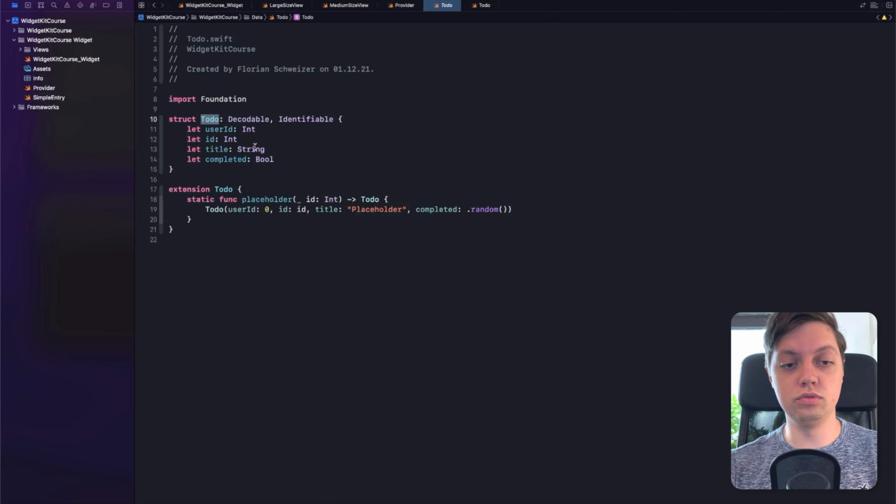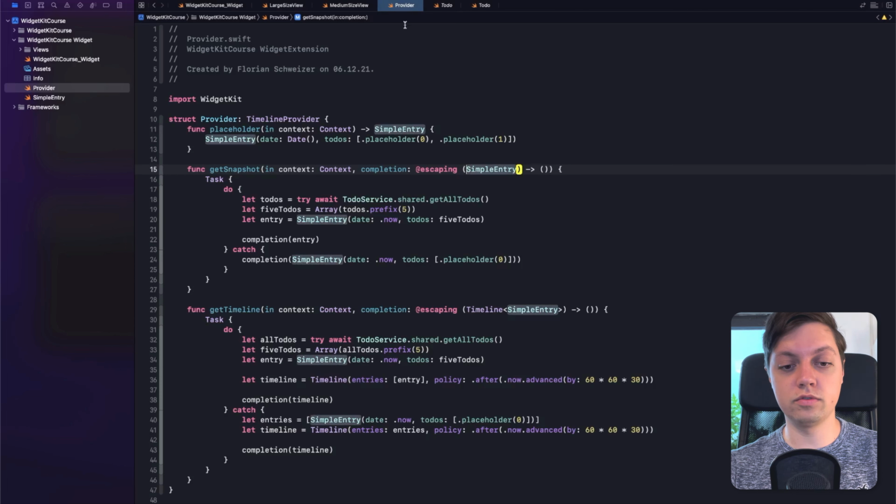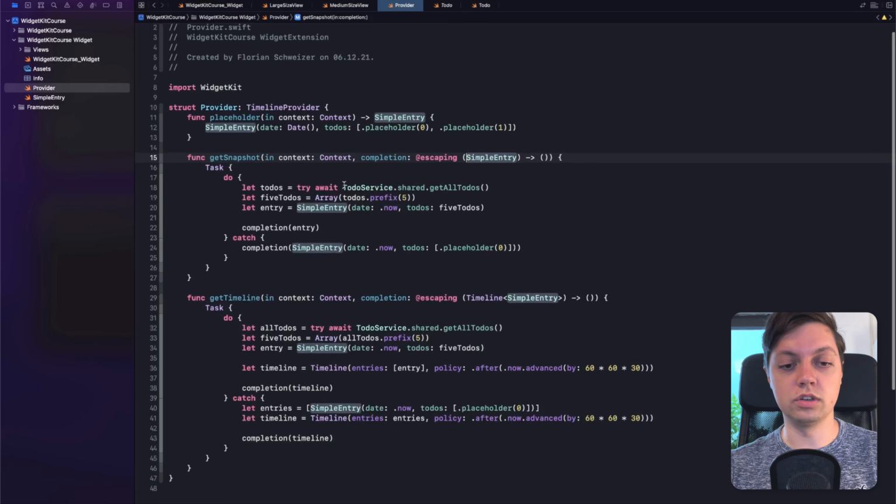So let's look at a to-do. There's also just an identifiable and decodable struct. It has a user ID, an ID to make it identifiable, a title, and a flag whether it's completed yet or not. And now if we go back to our timeline provider, you will see that we use our